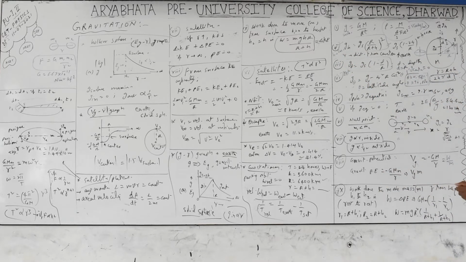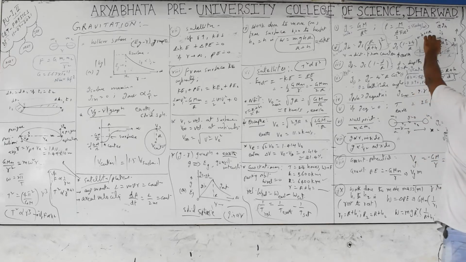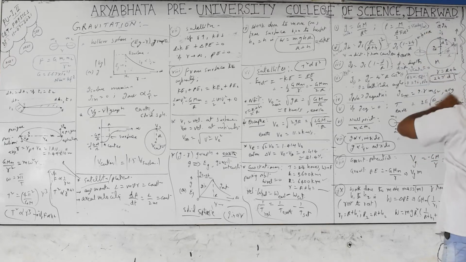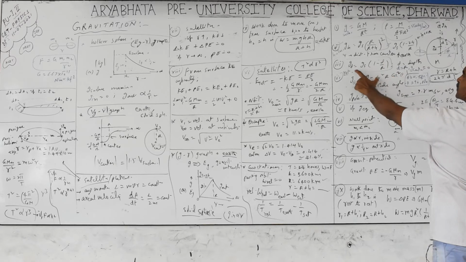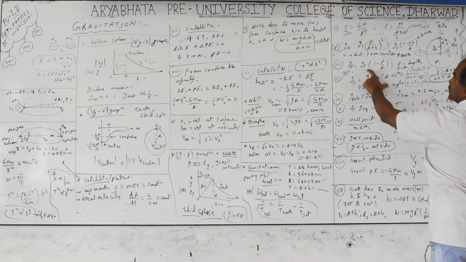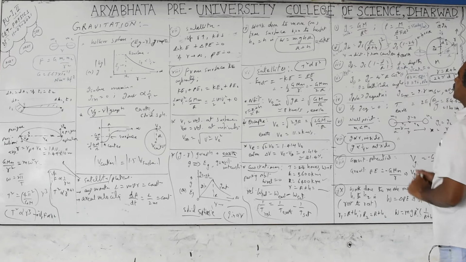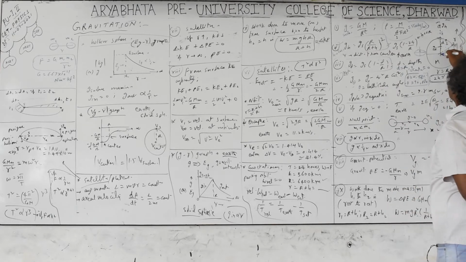Next is the formula with the depth, where the depth is taken from the surface, and smaller r is the distance from the center to any given point. So if you take this distance from the center, if you are at a depth d, the acceleration due to gravity g_d is given by the formula g_d equals g_s into 1 minus d by R. So if you take a point toward the center of the earth, or you are digging a hole toward the center of the earth, as you go inwards towards the center of the earth, the g value goes on decreasing.